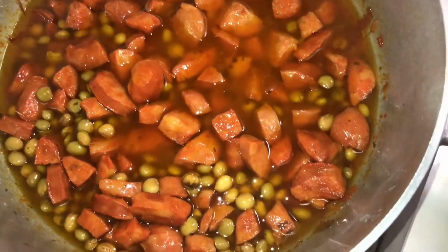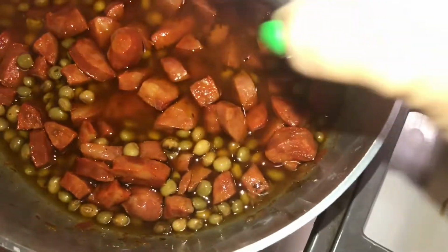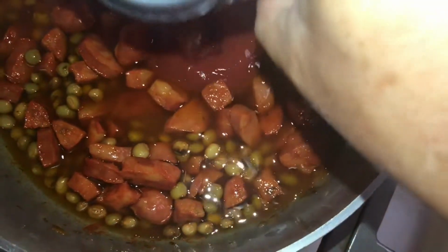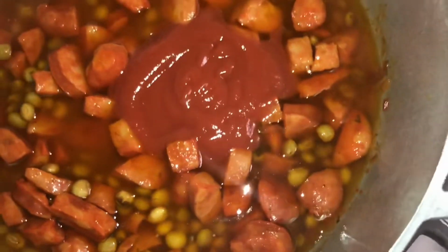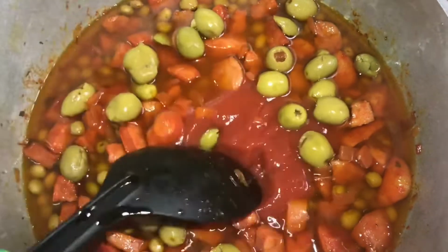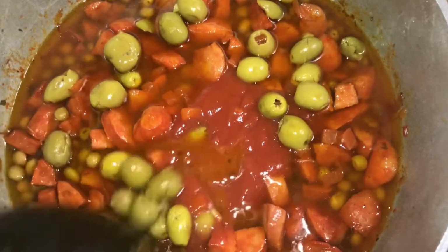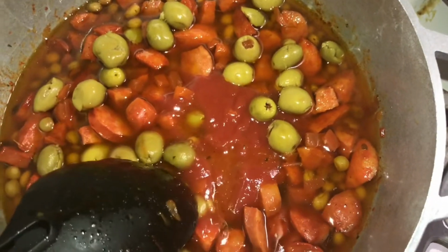That's what it's starting to look like. We're going to let that come to a boil a little bit. And you know what? Maybe I should just add, hold on, my half a can of tomato sauce. Just a half a can. And that's it. And then we're going to do a handful of olives. So we added all the olives, the half a can of tomato sauce, the adobo, sazon,